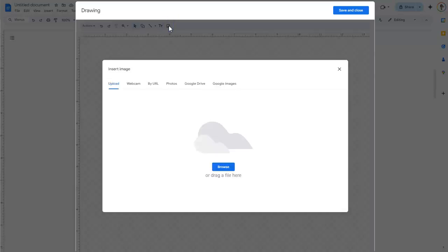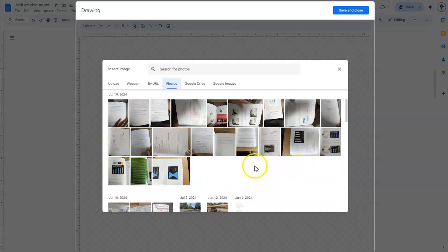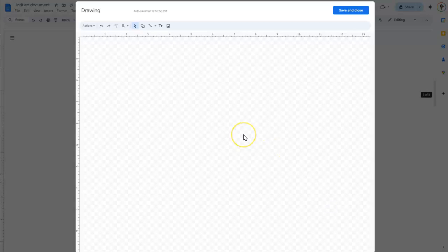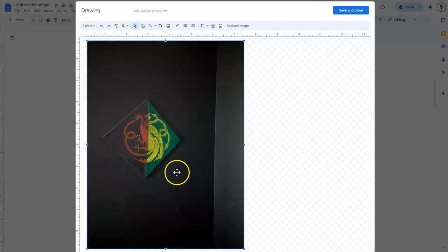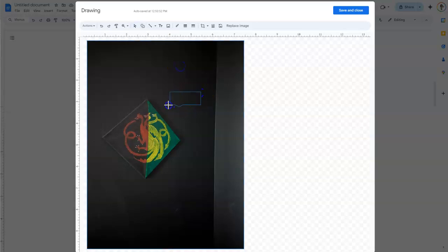So we can select an image, and we can just upload or go to things like Google Photos, and it's linked over. So there's all my class photos and things that you've seen before. If I select one of those and hit insert, then it puts it in here for us. And then we have the ability to do things like shapes, arrows, different callouts, which are helpful for a label. So I could draw it right on here and even drag right where the tail goes and type into it,